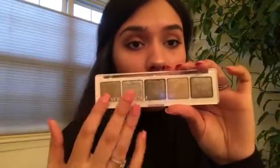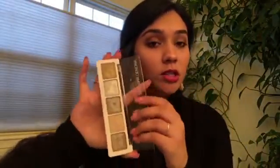And I know these are a little bold for my comfort zone. I don't know why that took me so long to figure out, but I know I'll be using these shades a lot just because they're green, but they're a wearable green. Like, it's not some electric green. So that's why I got this palette,